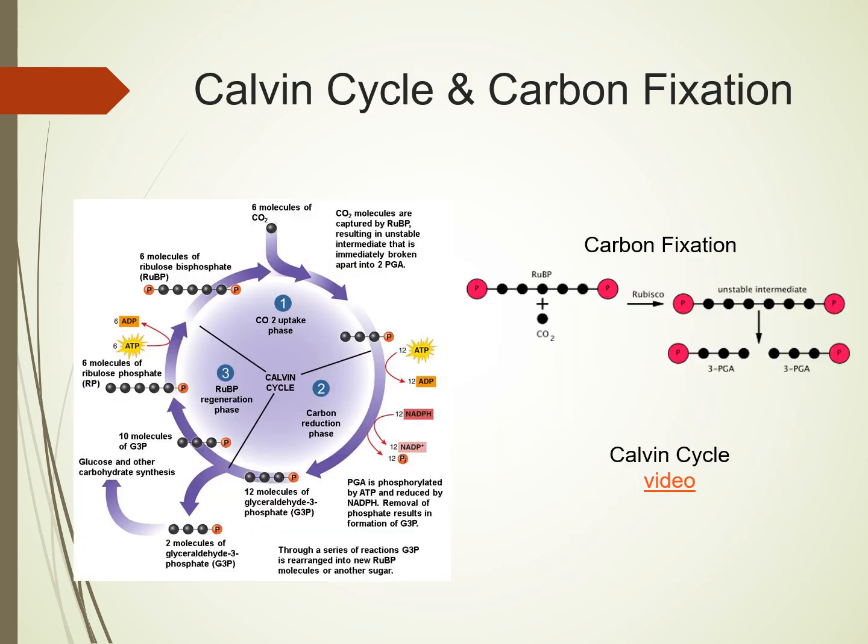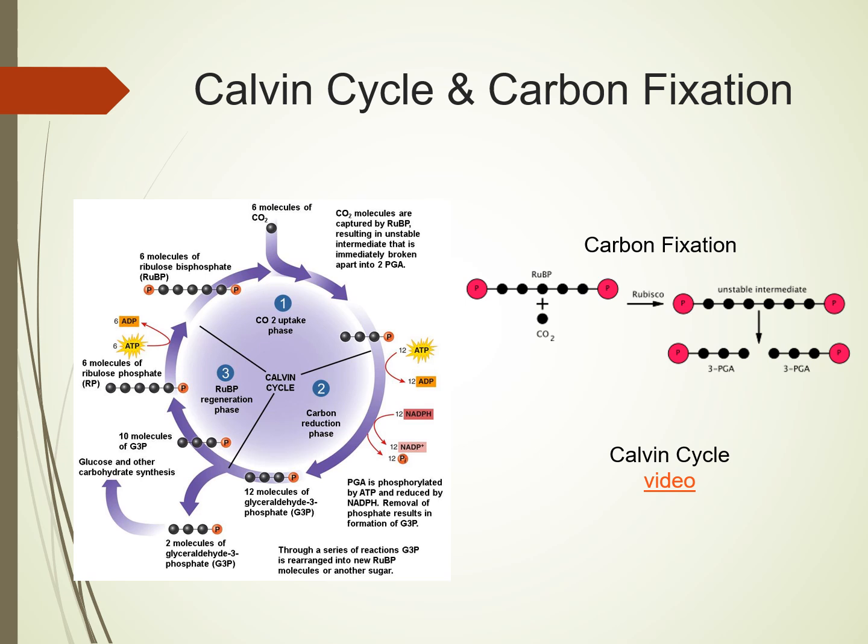This is a complex diagram on the left of how 6 carbon dioxide molecules are taken into the Calvin cycle. You will not need to know all of these steps, but rather just understand the big picture and the 3 main steps as noted in the previous slide, which are numbered in the center purple section of this Calvin cycle